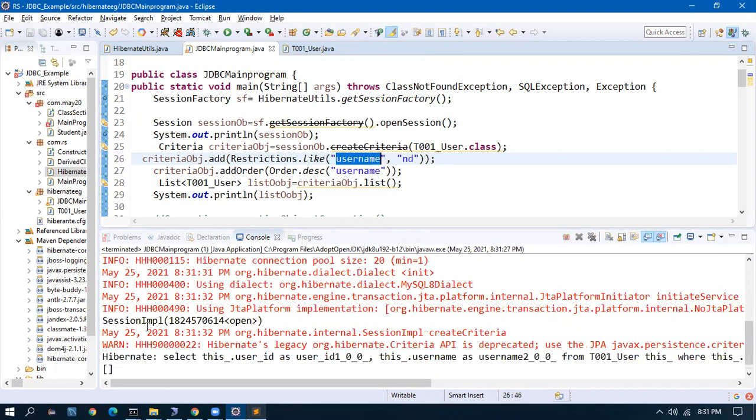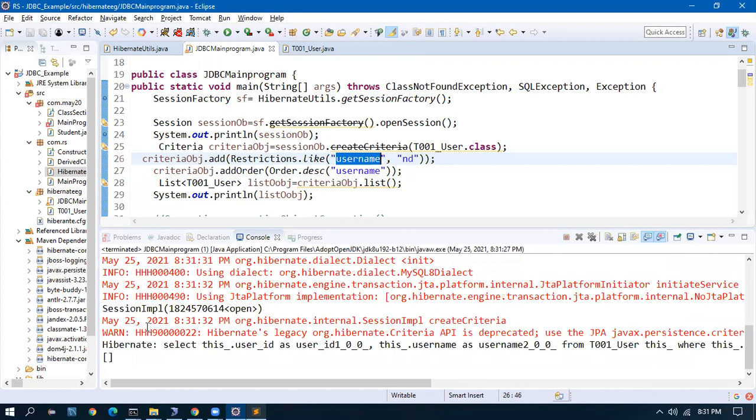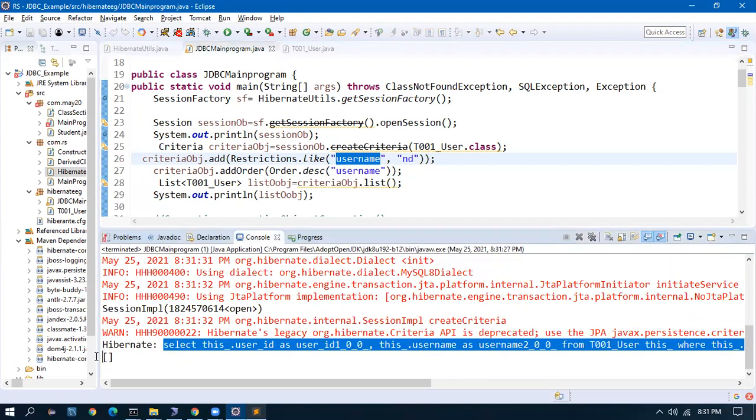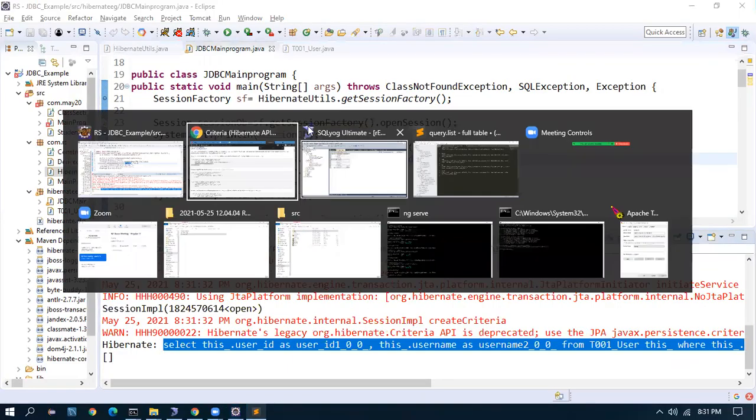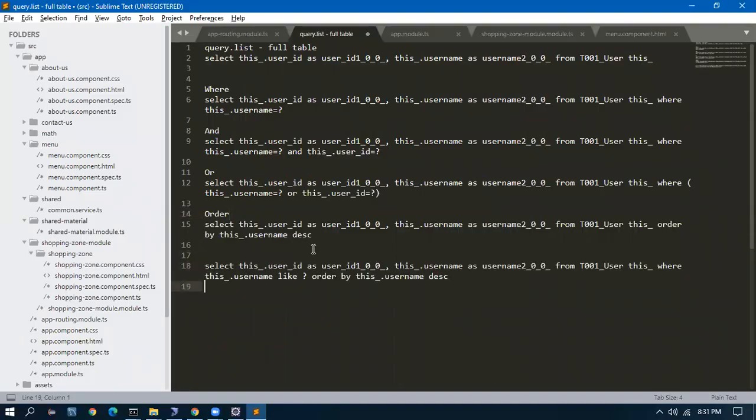These are all just logical thinking. You don't need to know any query. This is a business knowledge requirement. Let's see the query, why it didn't bring any record. Printing this query will help you to debug. That is why we gave show SQL as true. If you see where this dot username like, it will not give a record, because we should have a percentage. In the DB class we saw that either we should have a percentage here or there, but Hibernate didn't put a percentage.